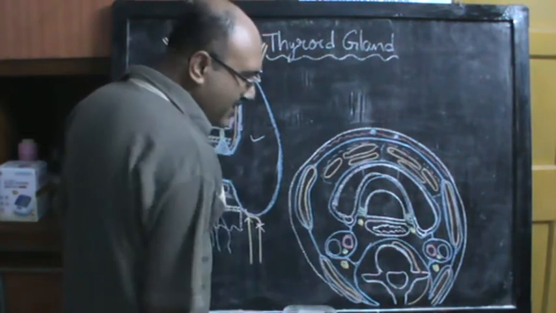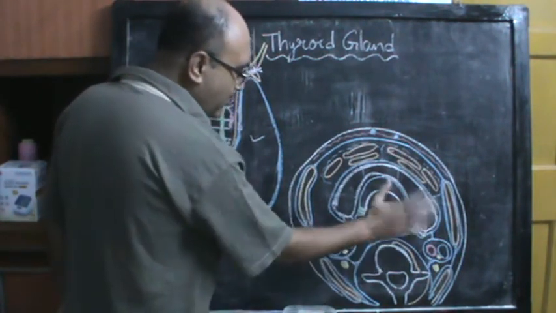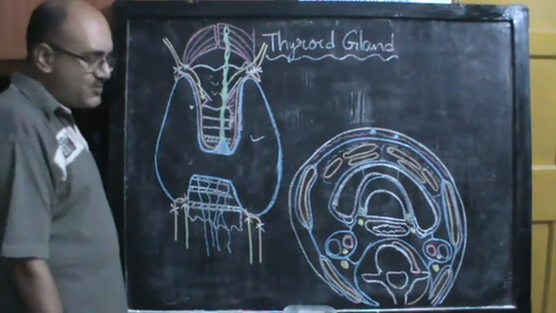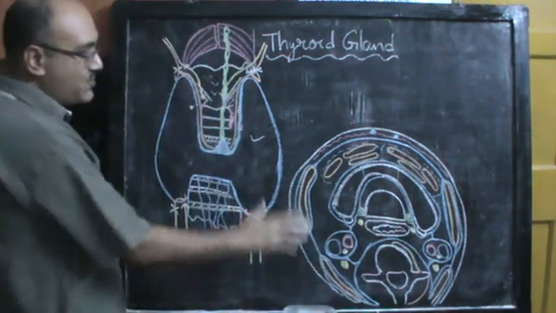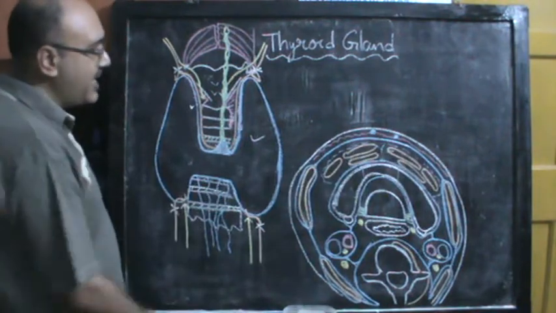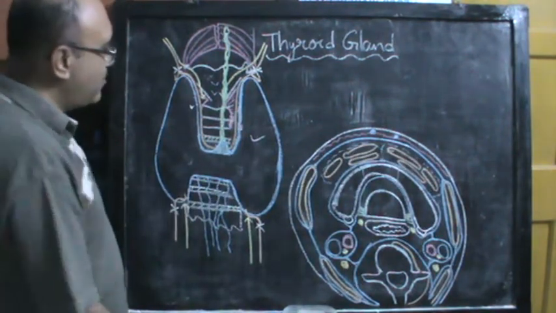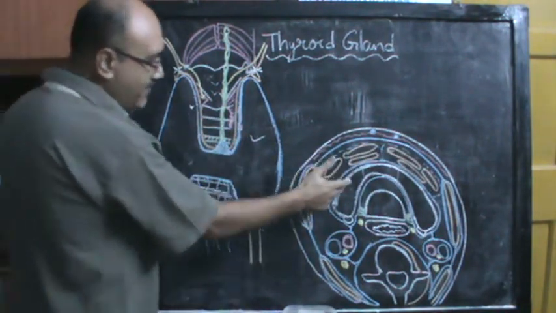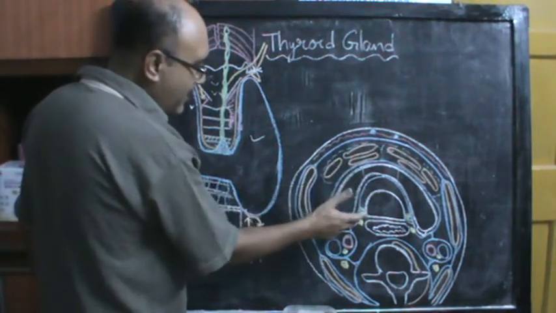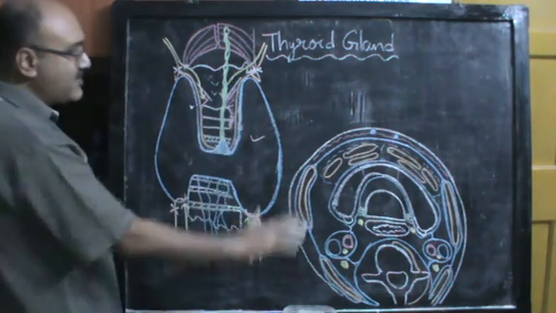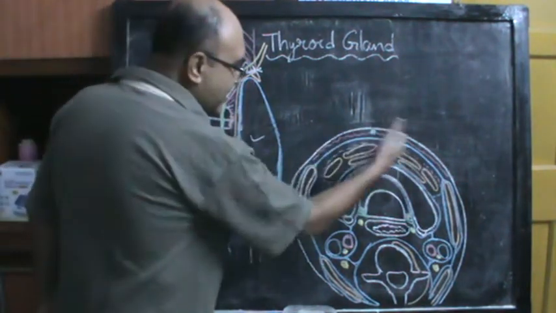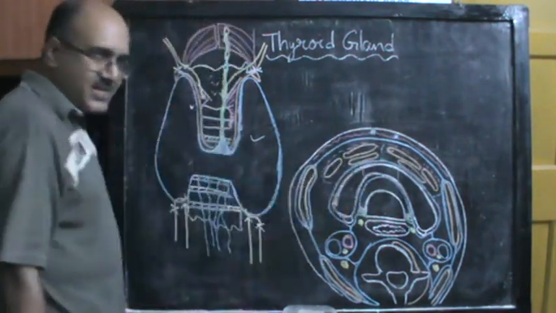So you have the prevertebral space, or this is also called the retropharyngeal space. So the retropharyngeal and prevertebral spaces are somewhere here. So now you know what the thyroid gland looks like and how it is placed. So this is the anterior, and you have the anterolateral, medial and posterior surfaces. Now we have already seen the relations of the anterolateral surface. It is these muscles which are actually covering the thyroid gland.